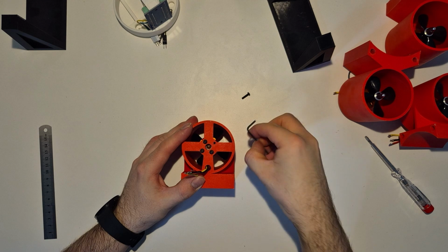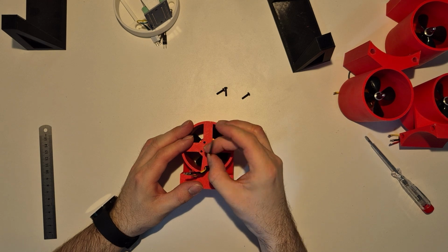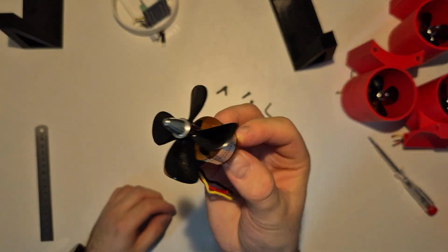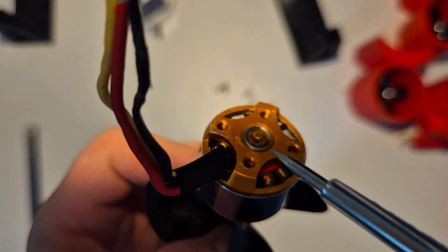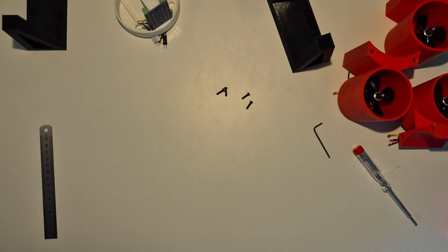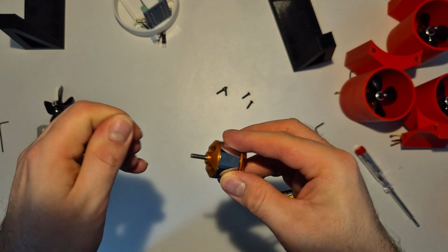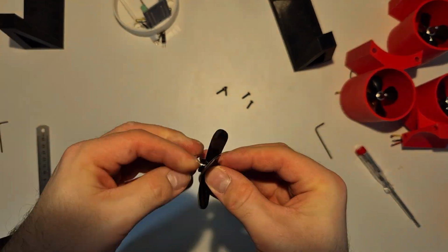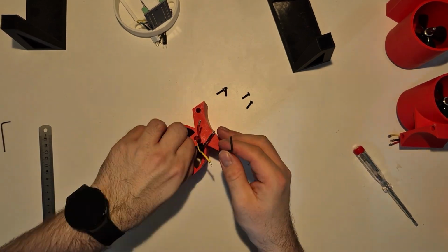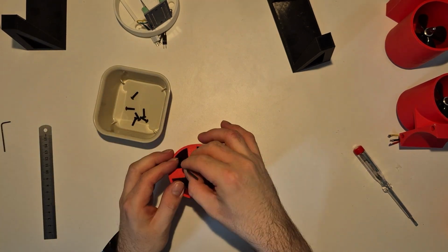because after the first test run in the bathtub, it was like 10 minutes long, something like this. Then I dried them as much as I could, and then it was sitting on the shelf for a couple of days. And then when I decided to do something, I realized that half of these are spinning very, very difficultly. This is the moment when I realized these engines really don't like being submerged into water. And yeah, this made me very upset, because each of these costs like 15-16 euros, something